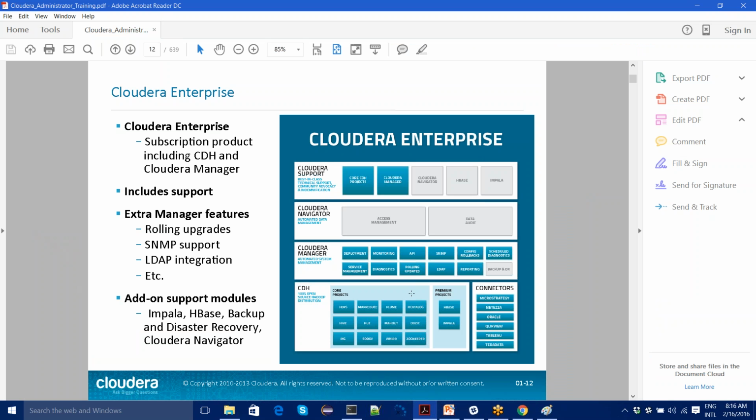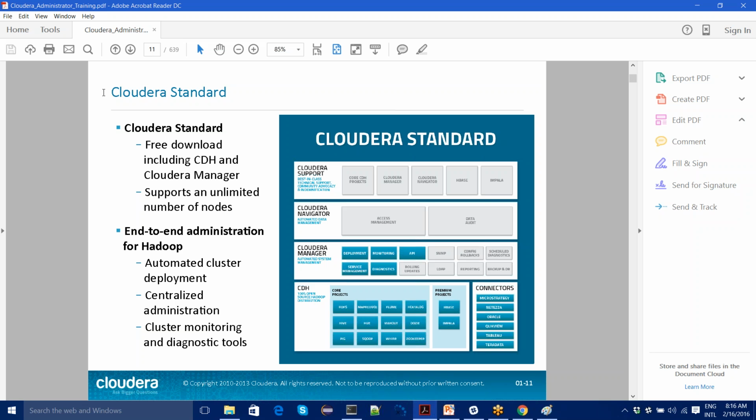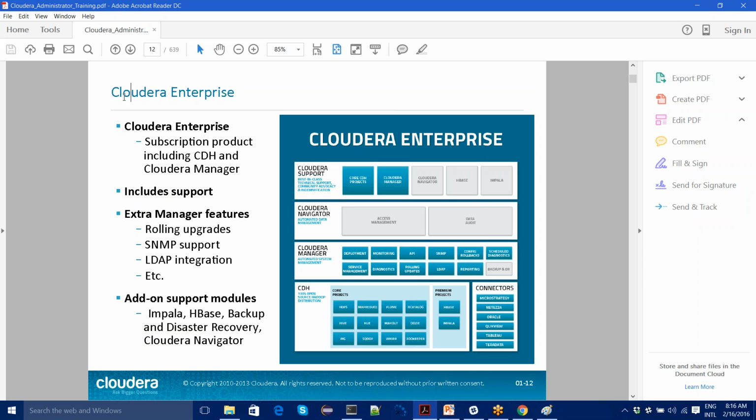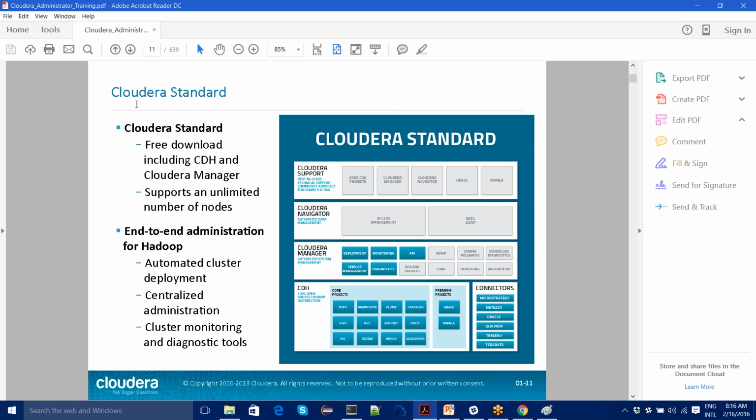In Cloudera, there are two kinds of editions, Cloudera Standard and Cloudera Enterprise Edition. Cloudera Standard is 100% free to download, and they will not charge you anything for the standard version.